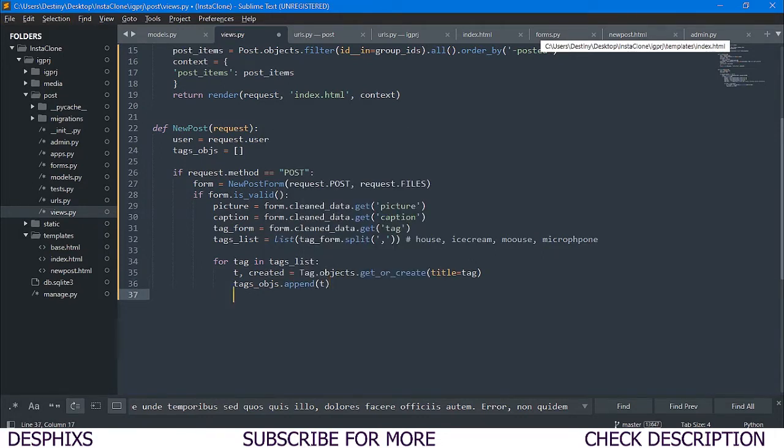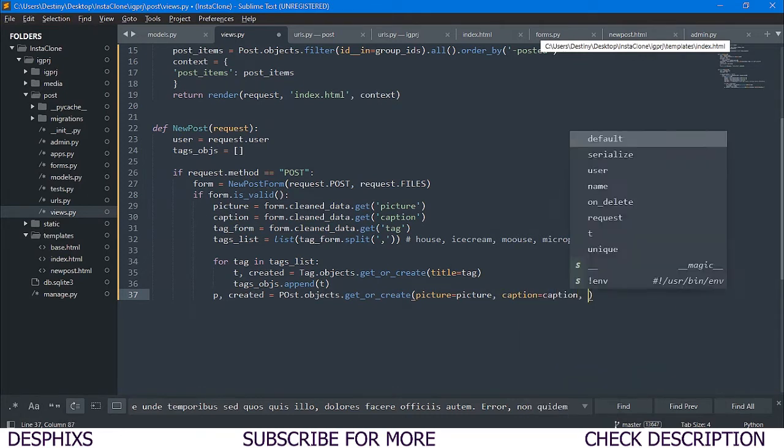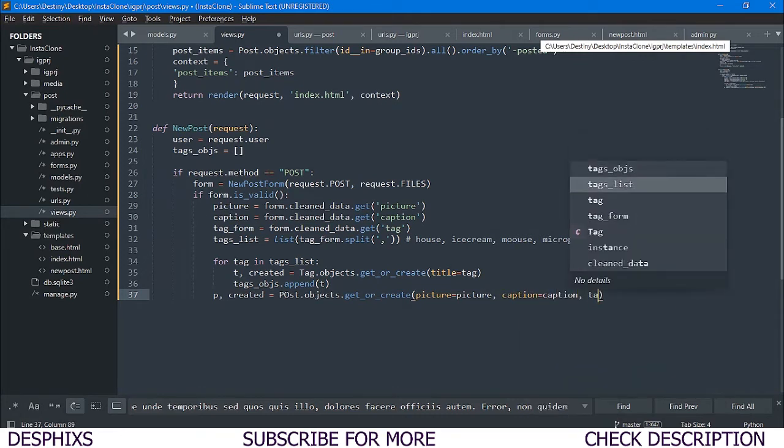Okay, then finally we can get back here and say p, created. Right now what we're doing is creating the post, so this should be Post.objects.get_or_create. Now what do we want to create? We want to create an instance of all those things that we got at the top. Picture will now be equal to picture, caption would be equal to caption, and tag would now be